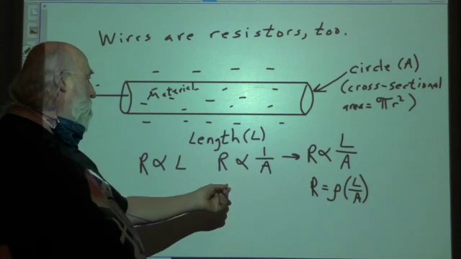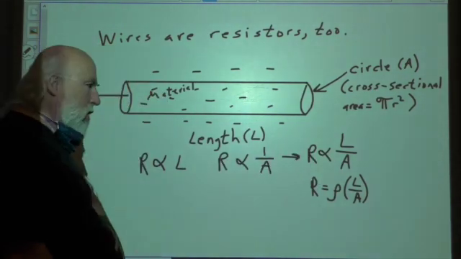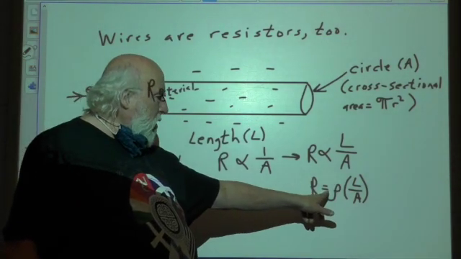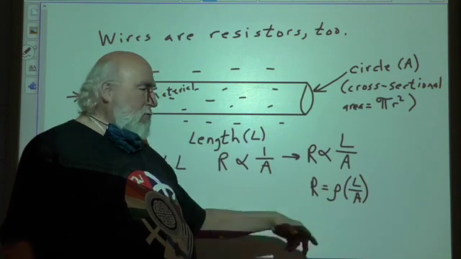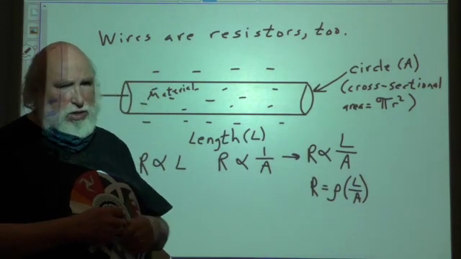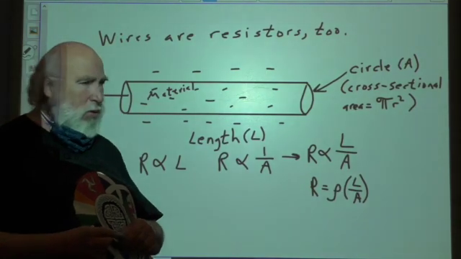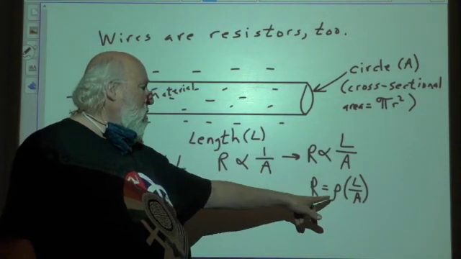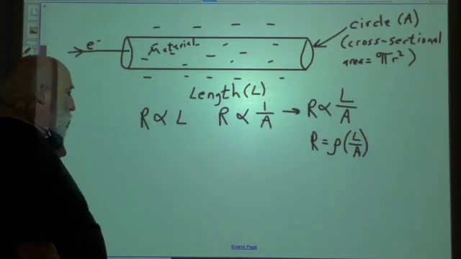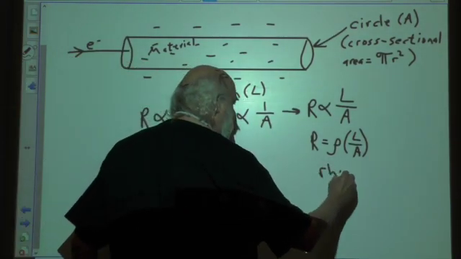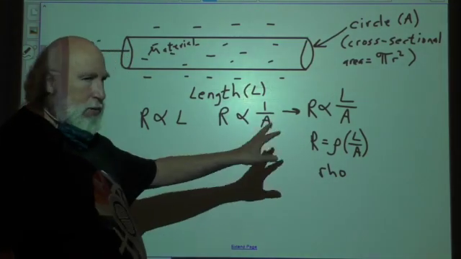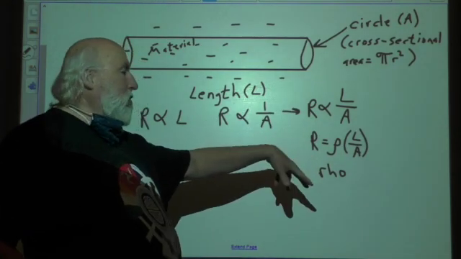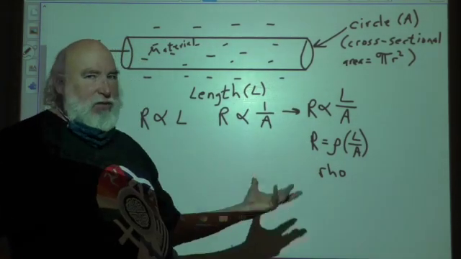So you put the two together, R is proportional to L over A, length over area. Change that to an equation, and we get an equal sign, and then you have to have a constant. Now, most of the laws we had up to this point, we used a K of some sort, or a couple times a G or something like that. But here, since we're dealing with resistors, we use the Greek letter for R, which is rho. It looks like a loopy P, but it is the Greek letter rho, or for R. And that constant, which again is going to have a chart for it,